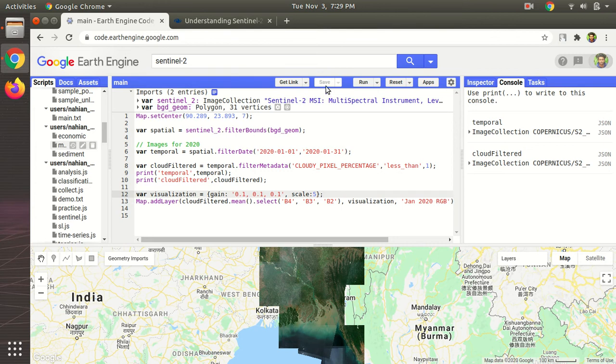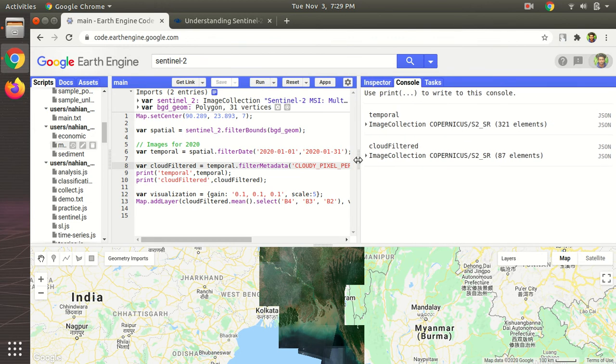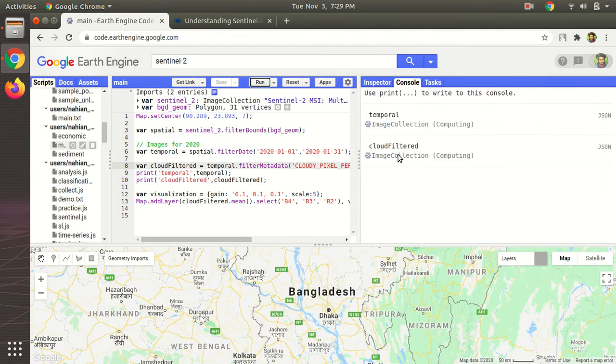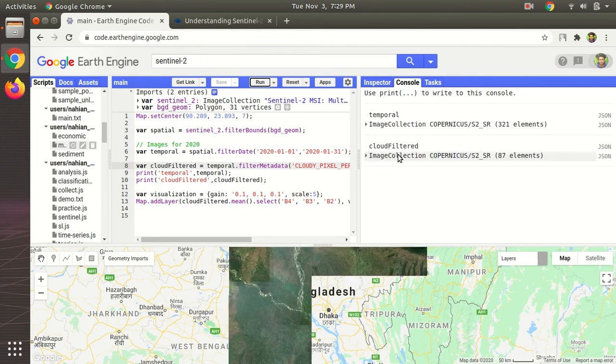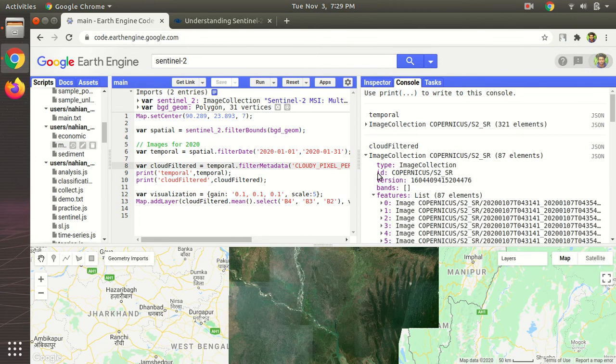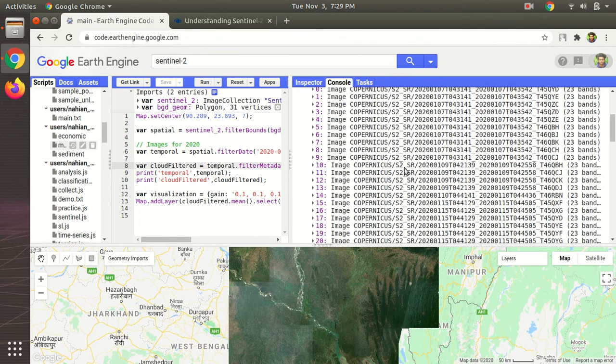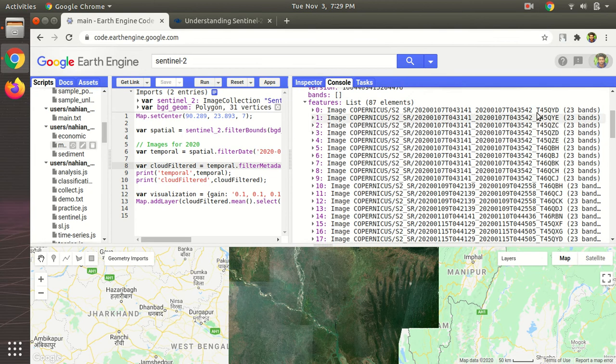Now, in order to do this, what we want to do is first come here and run this again. So these are the unique tile IDs.